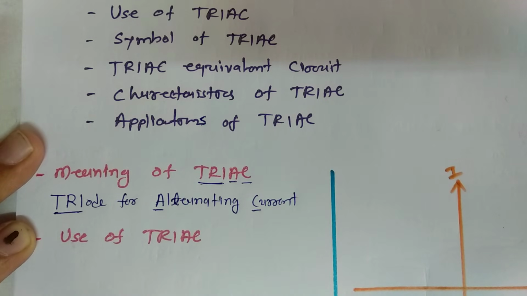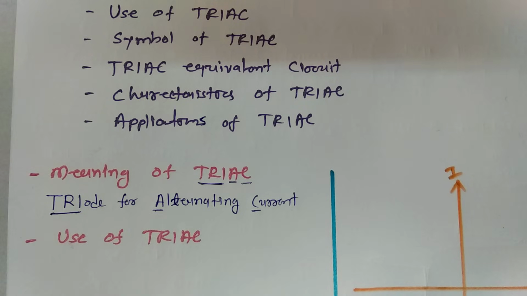It is a triode for alternating current, which means it is an advanced version of the diode. In a diode, as we know, once it is in forward bias it will conduct, but in a triode, by having a control signal, we can have conduction in forward bias. So that is the difference between diode and triode. A triode has a controlling third terminal, and a diode does not have any controlling third terminal. But triac means triode for alternating current. You will come to know the exact meaning after this session. So this is the basic full form.